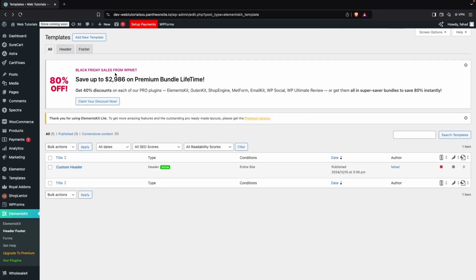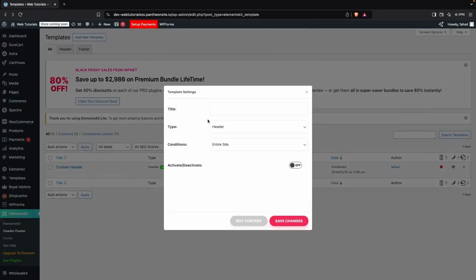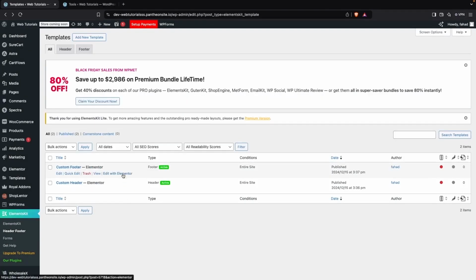And now in the similar way, I have to create one new template here for the footer. So this is going to be custom footer. It will be footer in the type, entire site, and activate this, save changes. And here, as you can see here, we are having our custom header and the custom footer that we have